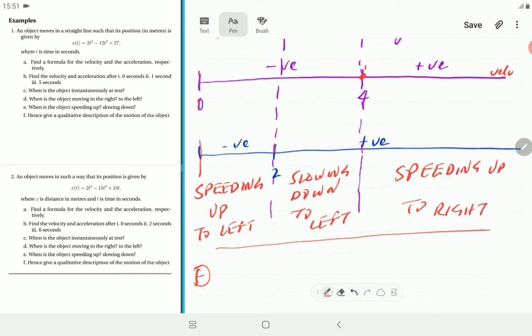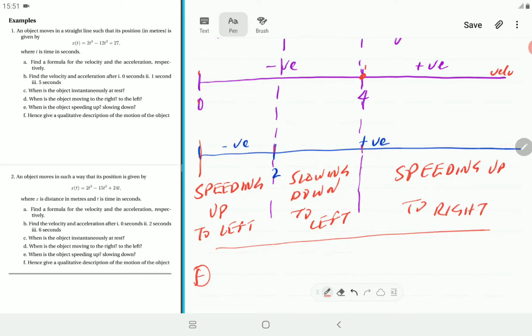In the first region, the particle starts off from rest, speeds up to the left, then after 2 seconds starts slowing down, then after a further 2 seconds it changes